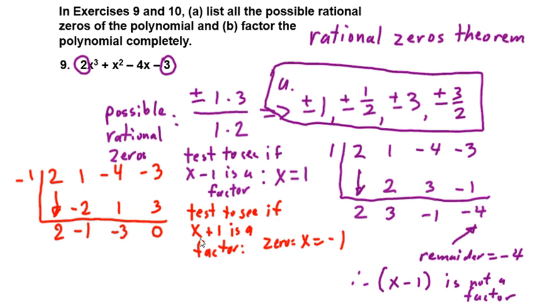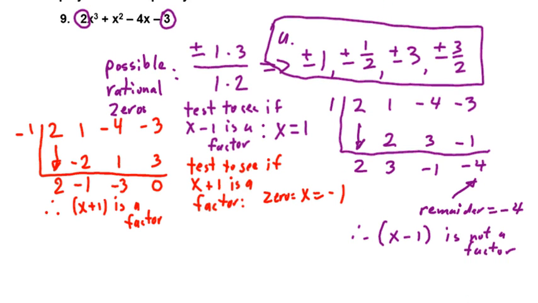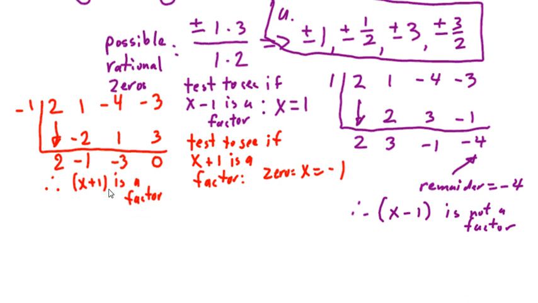So since the remainder is 0, we know that x plus 1 is a factor. And then we still have remaining 2x squared minus 1x minus 3, and